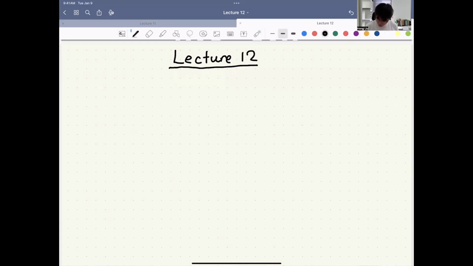So recall the theorem that we proved, let me write it down. So this theorem says